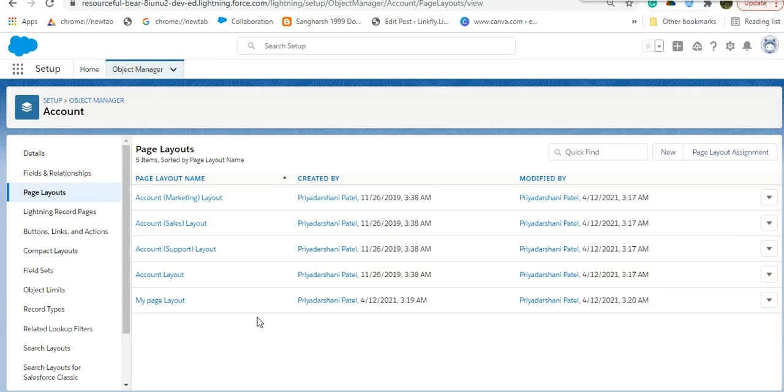So this is the way you can create any new page layout and how you can edit any existing page layout. So in this video, for now, we are good,